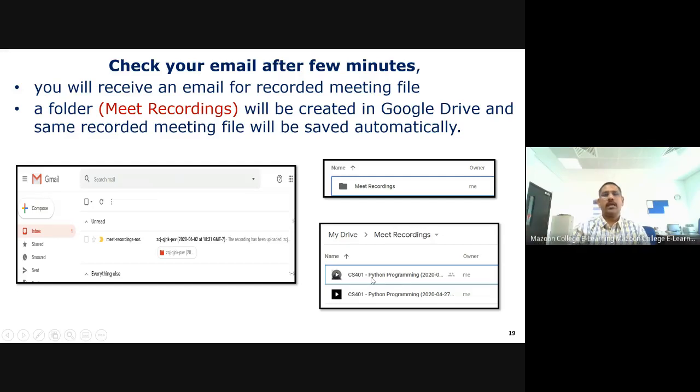The file you can share with your students through the Moodle, or you can directly send to their email, or directly share your location. Whatever way you are able to do it. Okay, this is the operation for the Google Meet. So in this one, now the first question, we have not used any Google Calendar or anything, we just open it now, because we are going to take the class from next week on how to record it. Okay, this is just a Google Meet, just open it and record the video class.